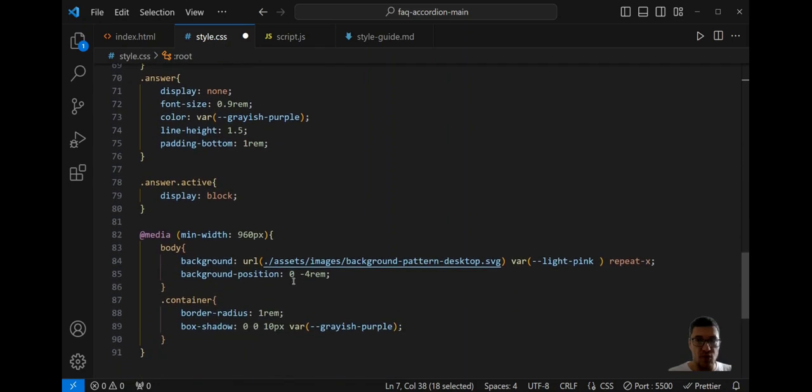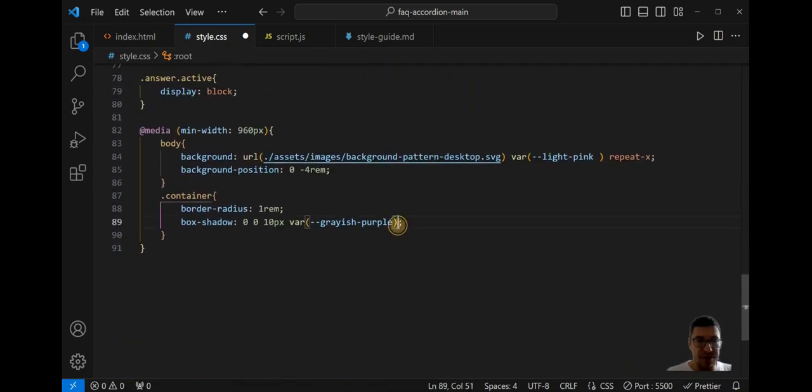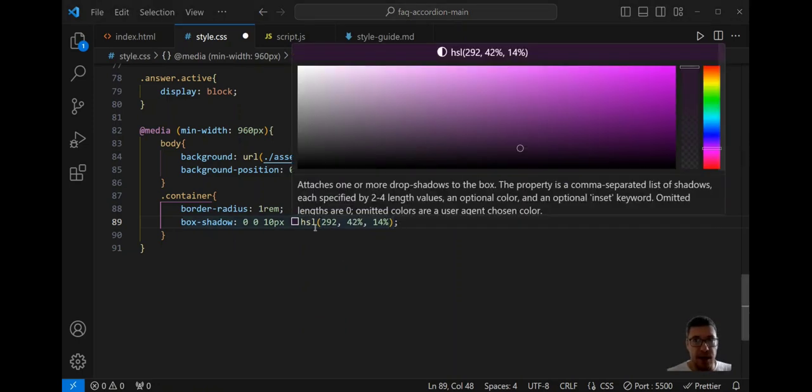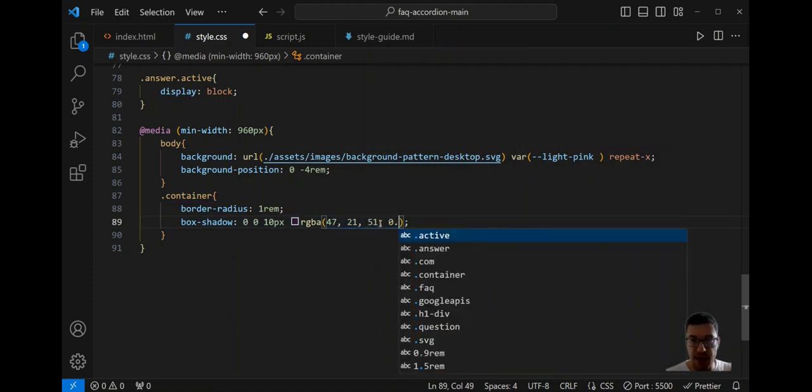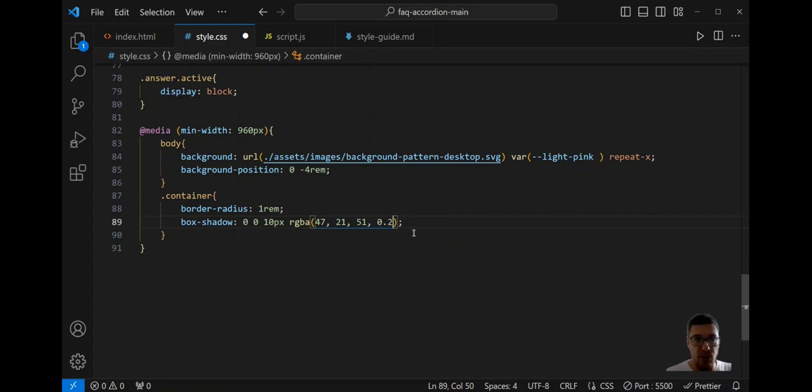The reason I'm not using the variable like this is because I have to put some opacity. I'm sure there is a way to achieve that with HSL colors, but I'm not an expert on that, so I will instead turn it into RGB and put also A, which stands for opacity, and we will do very,